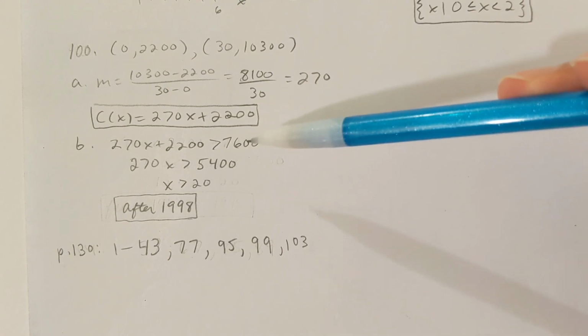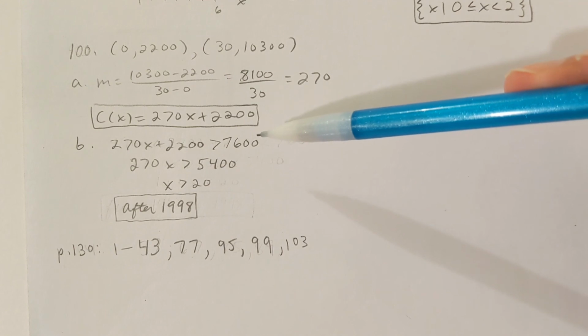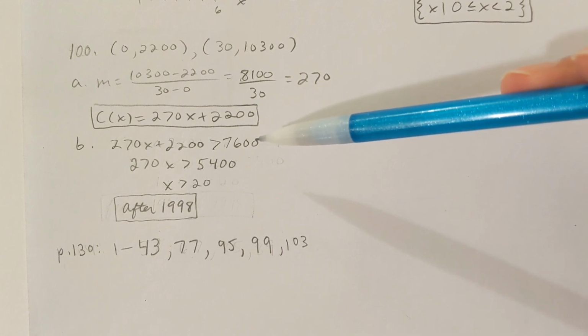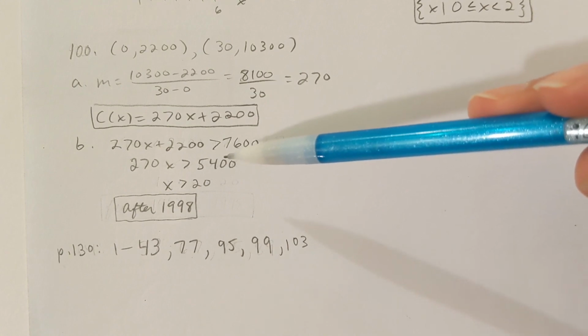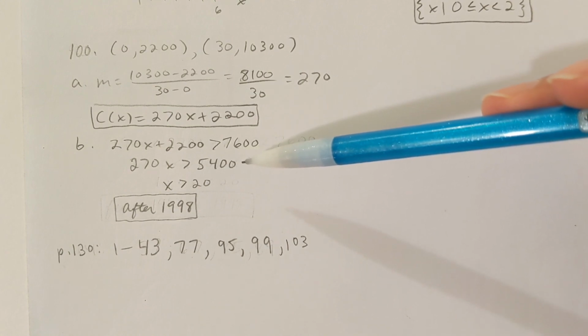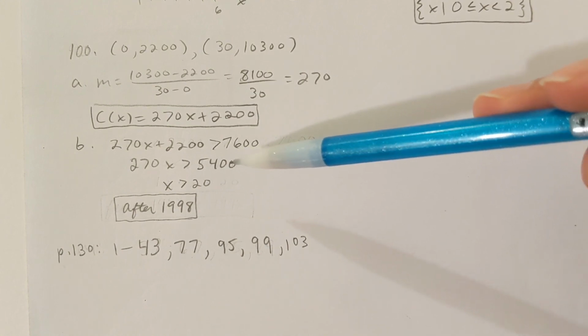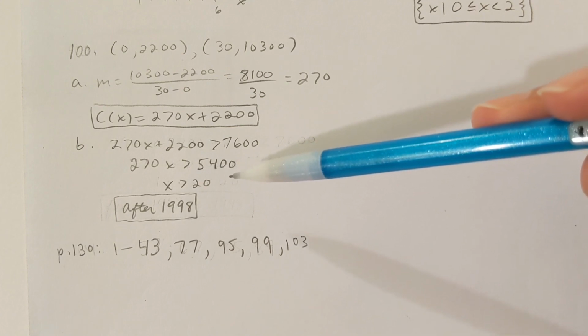And the cost function, c of x, is 270x plus 2,200 greater than 7,600. If I solve for x, 270x greater than 5,400, divided by 270,